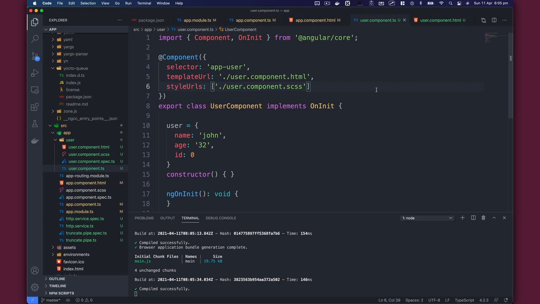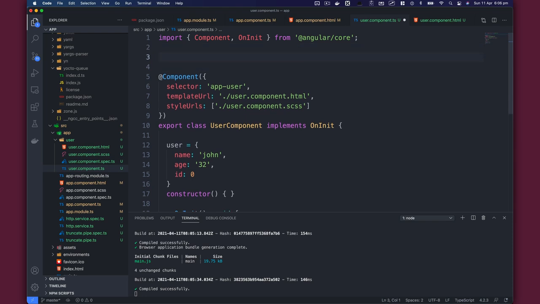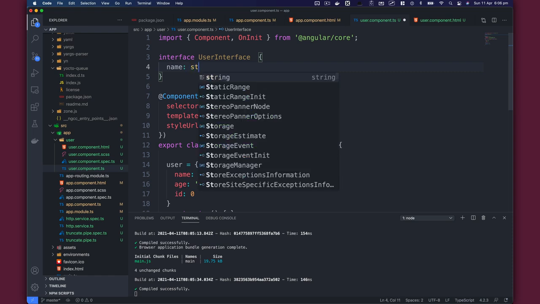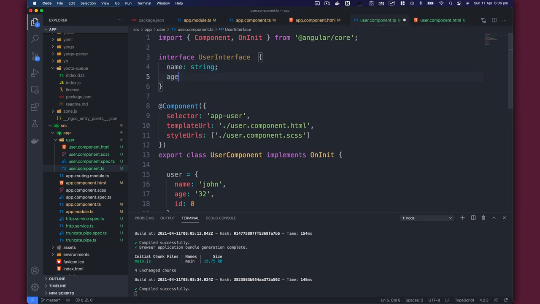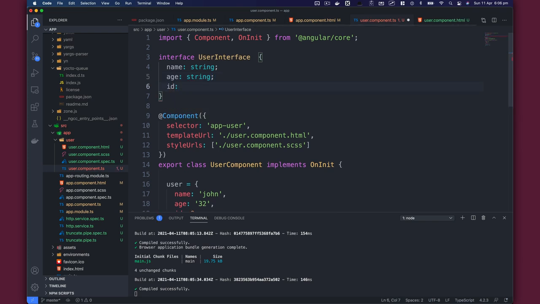So that means we are reading properties from user component. And one of the common use cases in Angular is to actually get the properties from a parent component. Right now this is statically written here, John, 32, and 0. But how about we want to grab this user from the outside world? So first of all, let's go and create an interface. We'll say user interface, and the user interface should have a name property, which type is string, should have an age property, which should be a type of string,